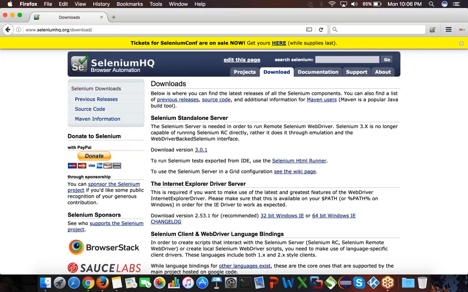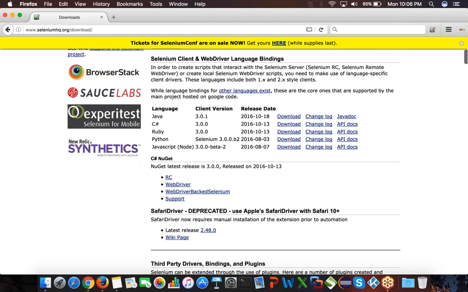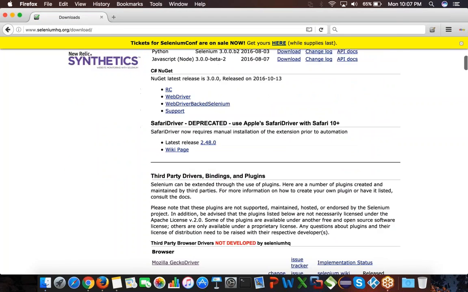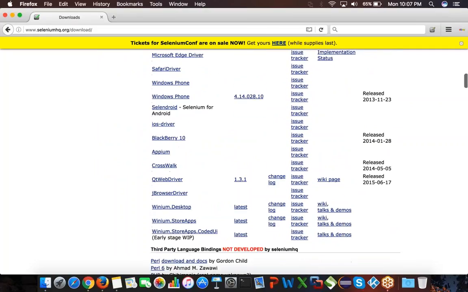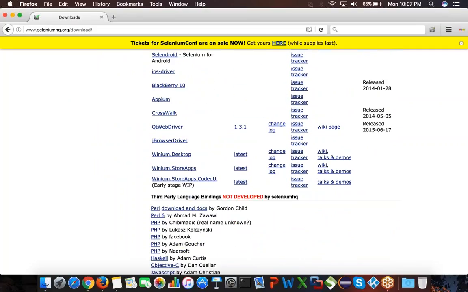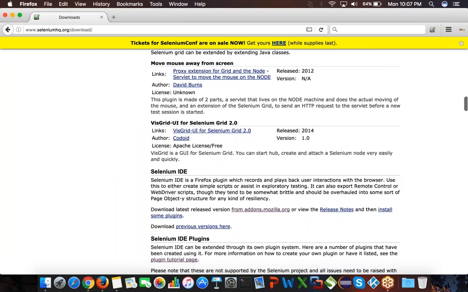You can download the Selenium standalone server, the version of Selenium, and also all the other tools of Selenium. You can download the drivers of Selenium. I'll tell about what the drivers of Selenium are later. You can download all the plugins and stuff.